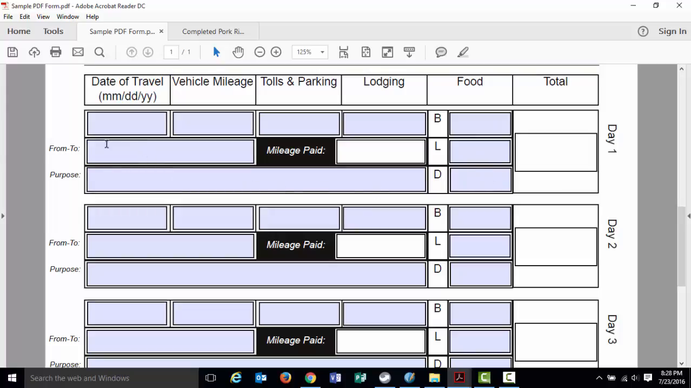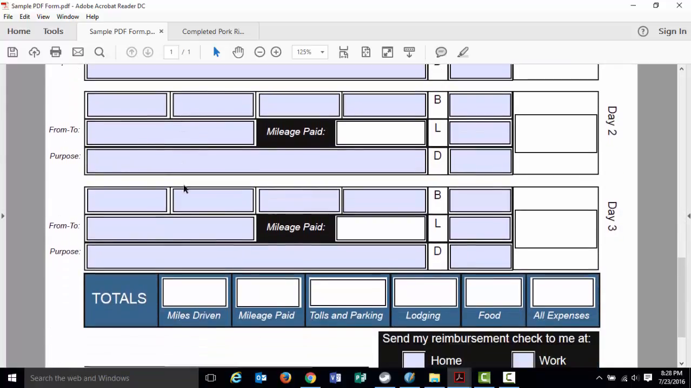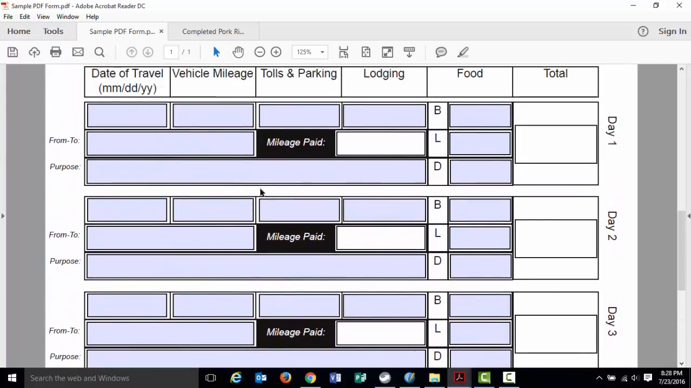And you also have to say where you went to, or where you went from and to, and the purpose of that travel. And so you would fill this out. What this form will do for you is you'll see some of the forms are blue, and those are the boxes which you can